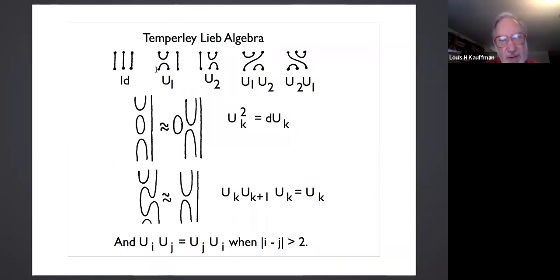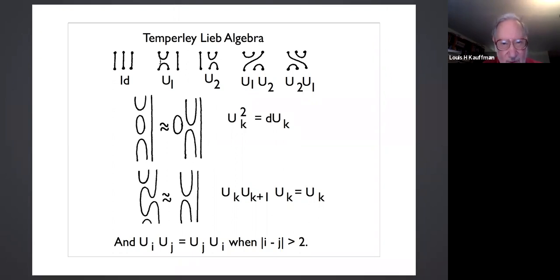What I'm considering are all ways of connecting points to points, either top to bottom or top to top, in such a way that they don't cross one another, so that it's a purely planar algebra. That's what you're looking at here, all the different ways to connect the points that don't cross over one another. And we multiply by sticking boxes on top of one another. So if you were to imagine sticking the U1 box on top of the U2 box and connecting the points in the middle,